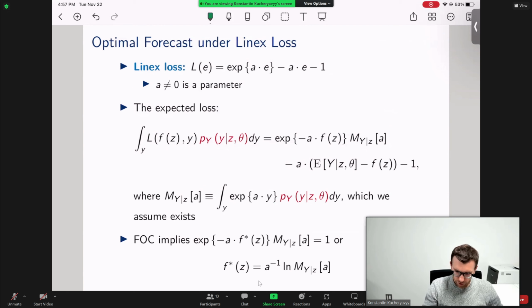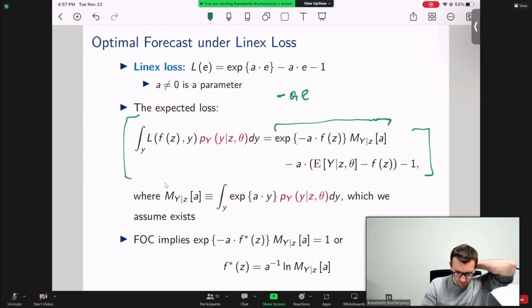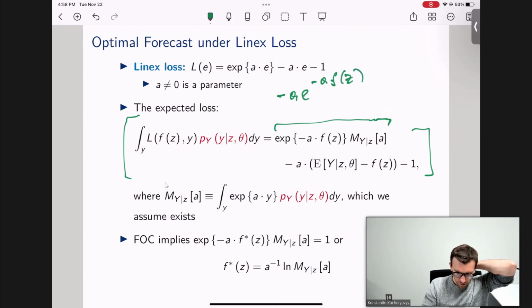So here at this point, we just substituted the Linex loss into this expected loss integral, and this is what we got. Now, calculating the derivative of this object with respect to f(z) is very easy. Like this term, if we differentiate with respect to f(z), would give us minus a exponent minus a f(z) m,